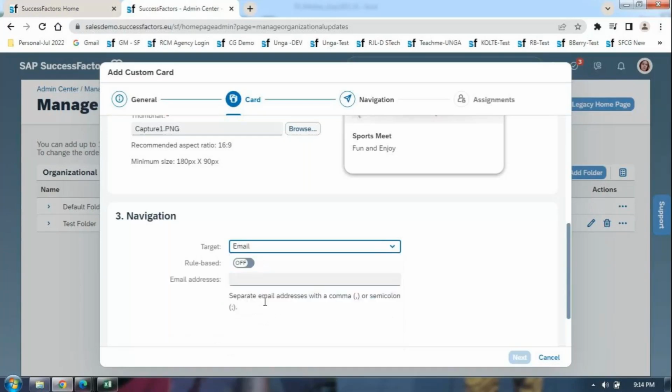And email, so nothing, you just need to specify here all your company employees' email IDs. For example, if 10,000 employees are there, you just need to copy and paste all 10,000 employees' email IDs separated by commas. The moment you click on save, submit, next time, whenever, tomorrow or the next day, whenever they try to log in to the application, they will be able to see under organizational updates or your folder, whatever you configure,